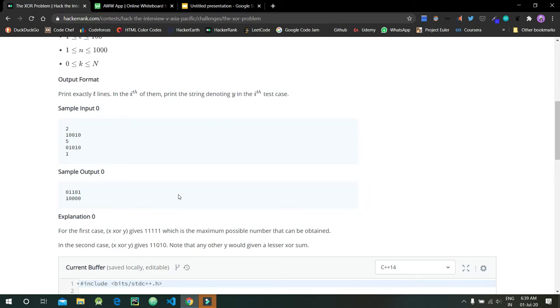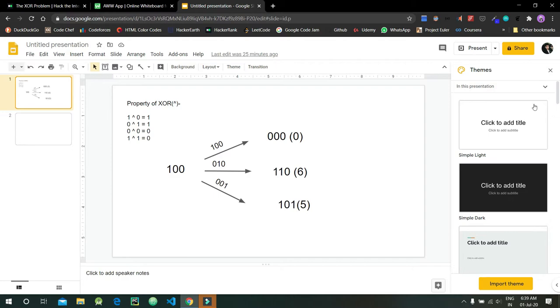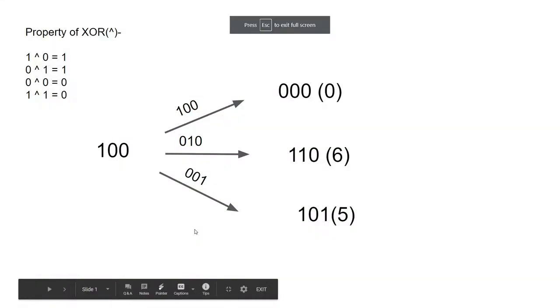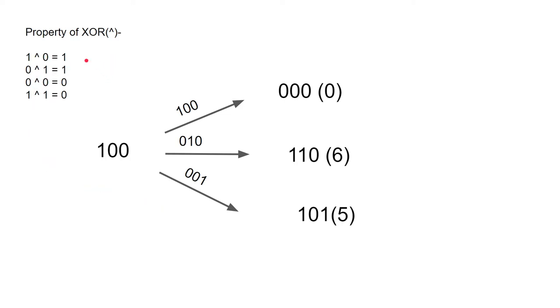Now let's look at some properties of XOR. So some basic properties of XOR are given here. XOR is represented by this sign, and when we do 1 XOR 0, it would give us 1, 0 XOR 1 would give us 1, 0 XOR 0 would give us 0, and 1 XOR 1 would give us 0. So here you can clearly see when the number of ones is odd, then we will be getting 1,